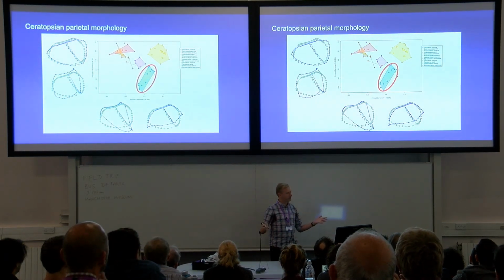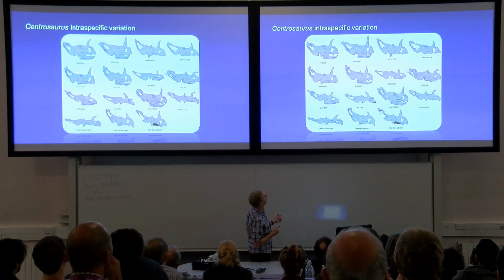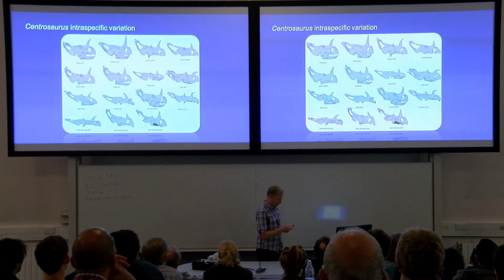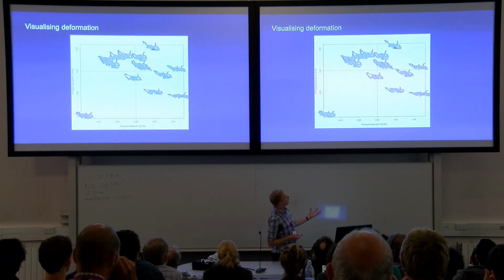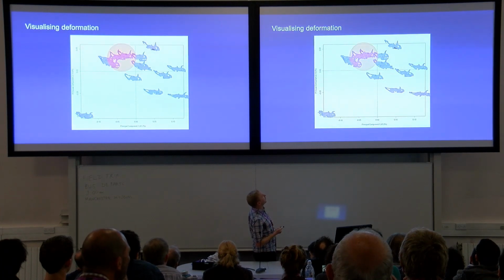And Centrosaurus is mainly known from the larger skulls. And I've got 15 models here of complete and fairly complete skulls. And I took these and did a much more comprehensive landmarking analysis. So this is looking at the entire skull rather than just the parietal. And here I've plotted them on a PCA. And you can see that there does look like there's a pattern of increasing squishedness moving along principal component 1 here. And 2 things to note here is that the more pristine, unsquashed skulls cluster in this region of the